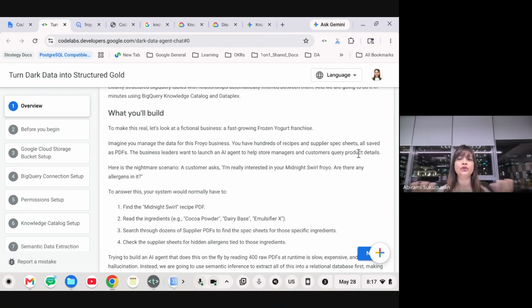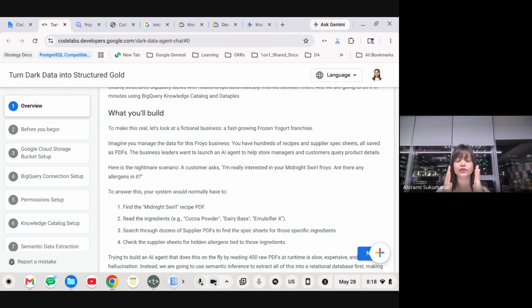So definitely this is one such area where there are a lot of spec sheets and PDFs that we need to consider, whether it's the business leaders who want to understand the success of a product, or a store manager working towards customer queries. So that's what we're going to build, a store manager's guideline. But in this session, we're not going to build the app or the agent. That's for down the line. In the next couple of sessions or so, you will get to build that.